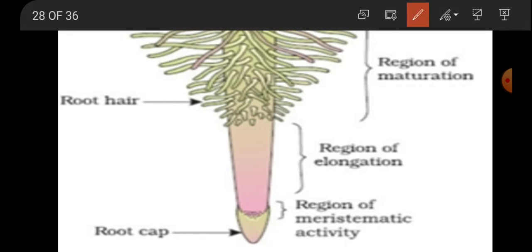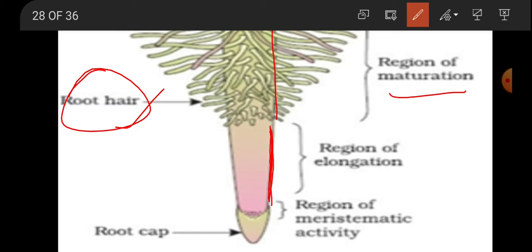The first part, this entire part we call the region of maturation, where all your root hairs are present. It is the part which is spread into the soil, deeply penetrated into the soil and absorbing the nutrients. As the root hairs are present in this region of maturation, this region is helpful in the absorption of nutrients from the soil. After the region of maturation, the second part is the region of elongation. This is the part which helps in the growth of the root